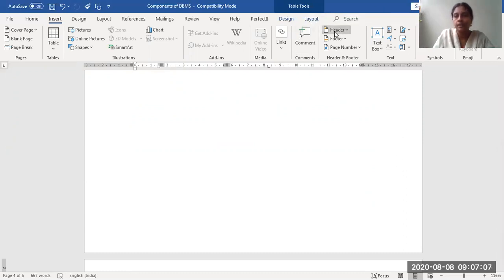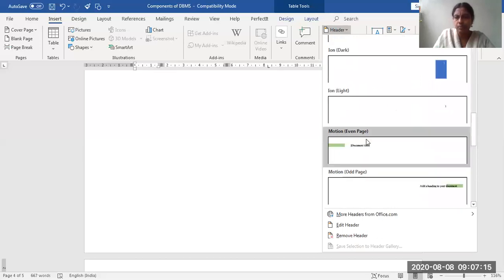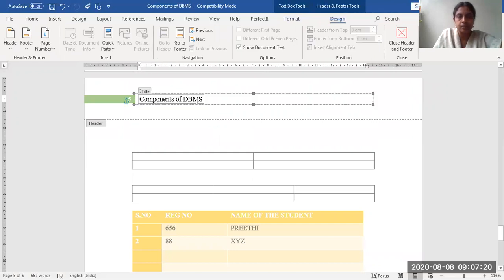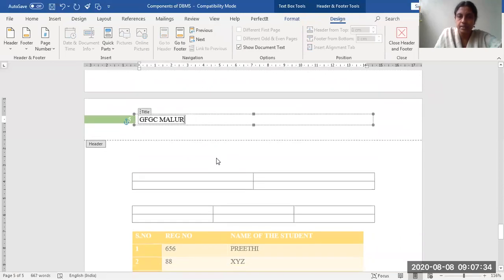So I'm setting a header. The Header option is available under the Insert tab. In the header you have varieties of design formats available. Select it. See here, I am going to remove this and give GFGC Malur, and so the header is set.